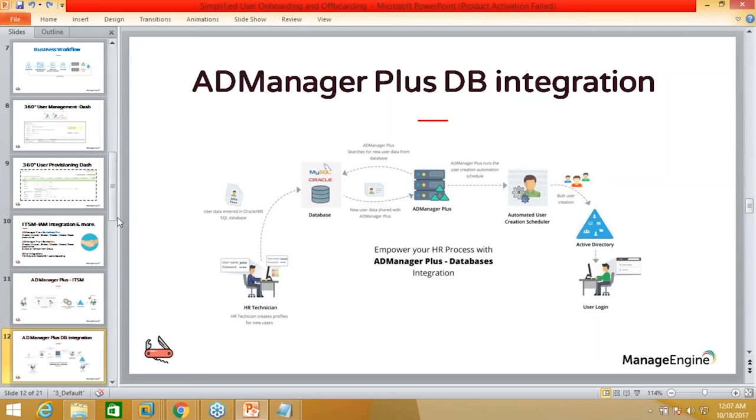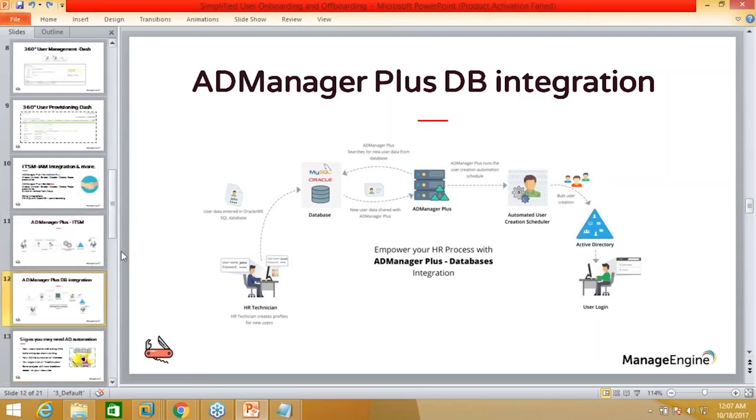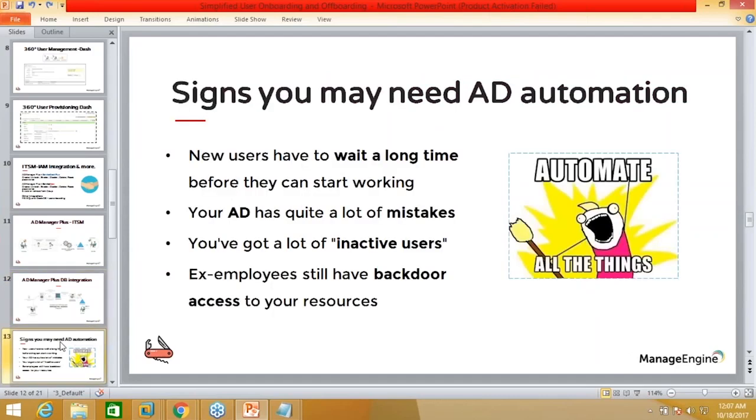So I'm going to go ahead and start explaining how automation works so that you can understand the database integrations or database onboarding process a lot better. There are certain things you can look out for if you are thinking about incorporating automation. These are the basic signs that tell you that your organization might need AD automation